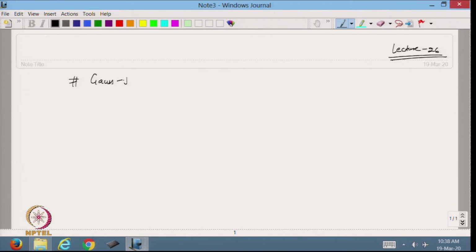Hello viewers, welcome back to the course on scientific computing and using MATLAB. In the previous class we discussed the Gauss-Seidel and Gauss-Jacobi methods and their convergence, the necessary condition for convergence. Today we will make the MATLAB code for that, but before that, today I will make the MATLAB code for the Gauss-Jacobi method, and in that method we are going to solve this system.